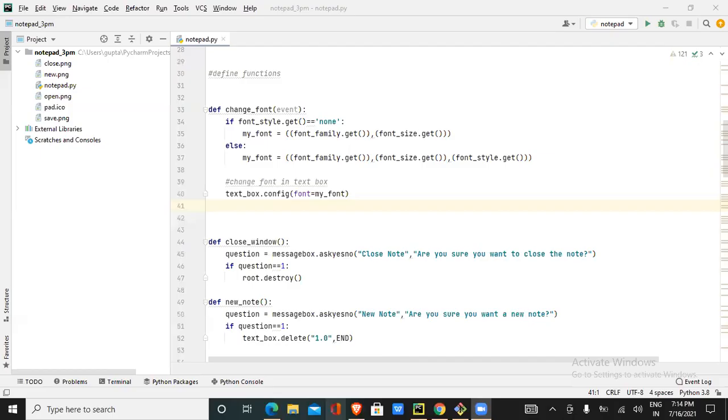Okay. So today we are going to discuss a real-time application, that is a Notepad application. How can we create a real-time Notepad application using Python Tkinter? It's very easy. I'm going to divide this into two parts. Today I'm going to explain the front-end part, and tomorrow the connectivity part. Not the database part. The connectivity part is quite different. We're not going to use any database concept in this.